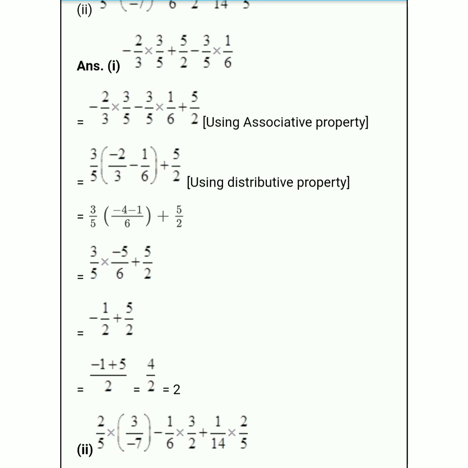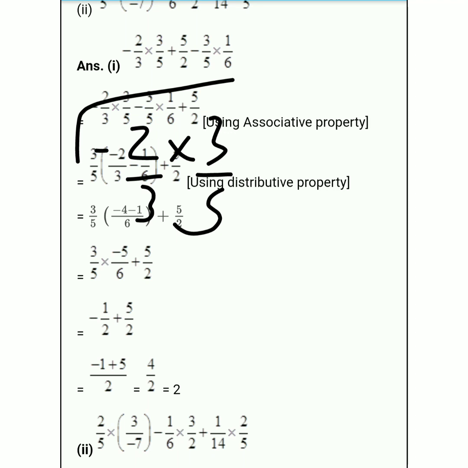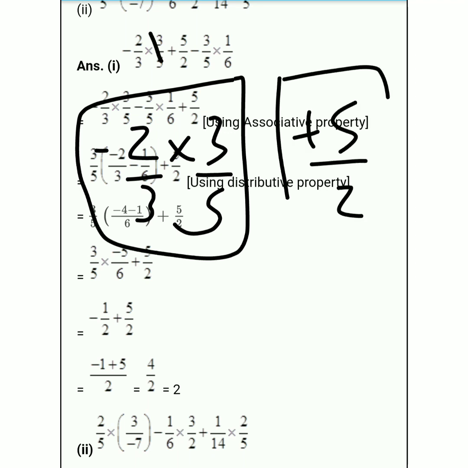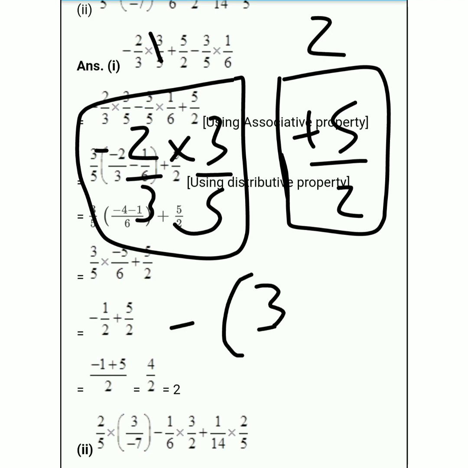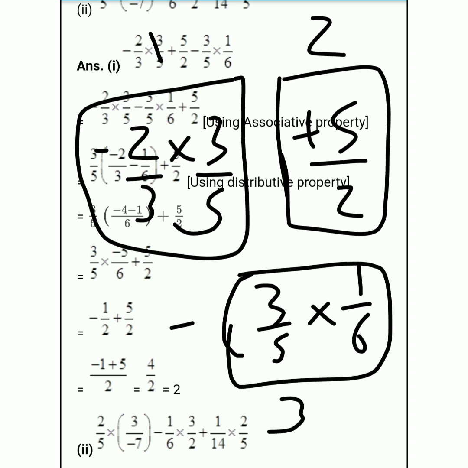Our first term is minus 2 by 3 into 3 by 5. Plus 5 by 2 is our second term, and minus 3 by 5 into 1 by 6 is our third term. So in total we have 3 terms here: first term, second term and third term. Okay, then